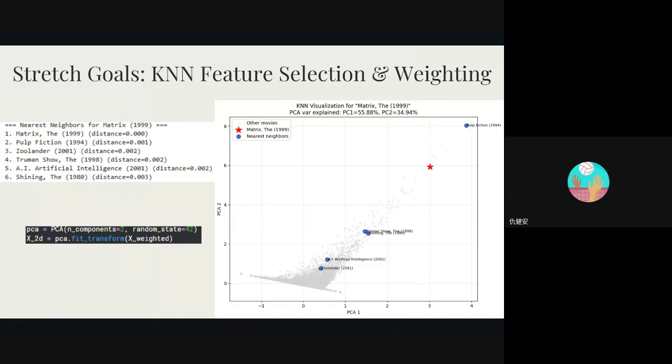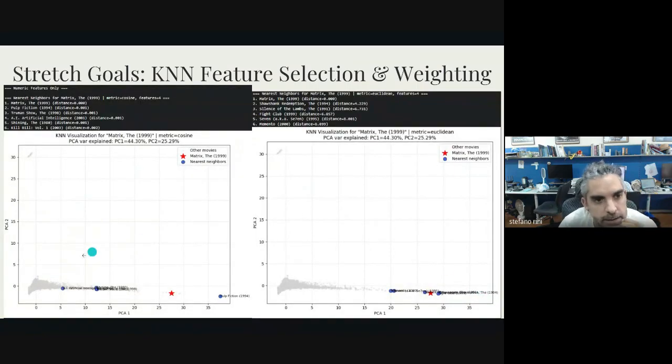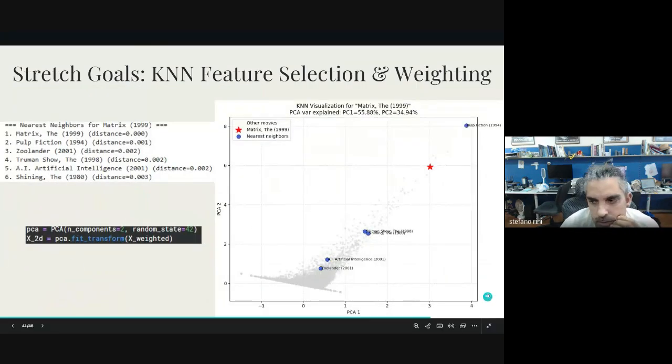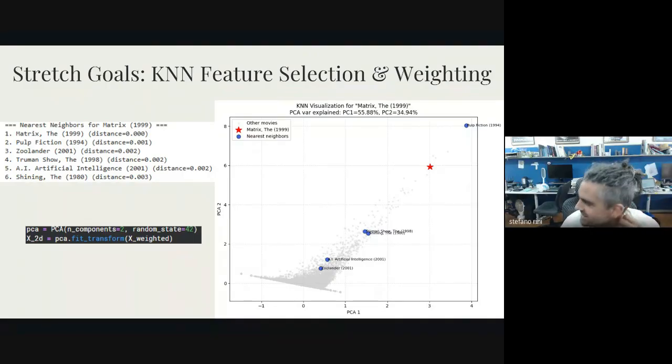Okay, next slide. No, wait. We have to comment here, right? Because I think it's nice. So, The Truman Show, of course, it's very close. AI is close. The Shining, Pulp Fiction, I have to think if they are close in some dimension. Pulp Fiction is close maybe in some dystopian or action aspect. Maybe the action aspect. Shooting. And The Shining is purely